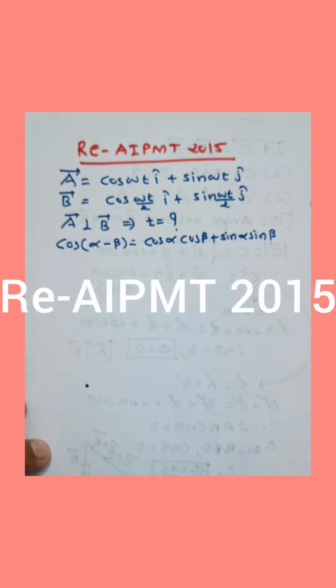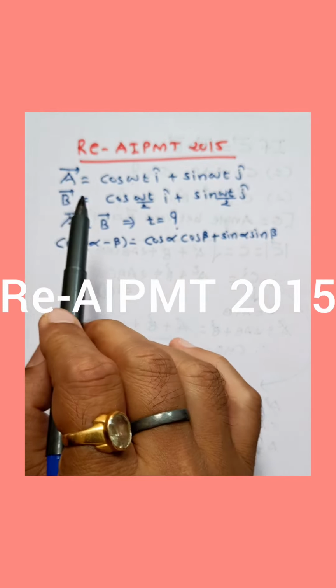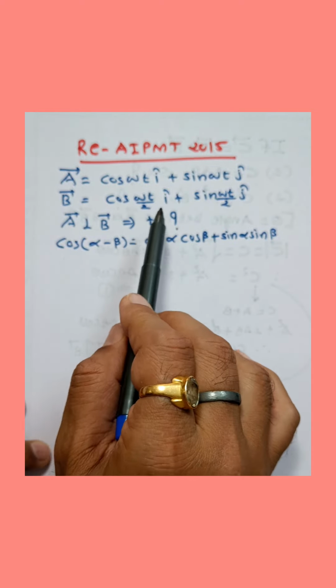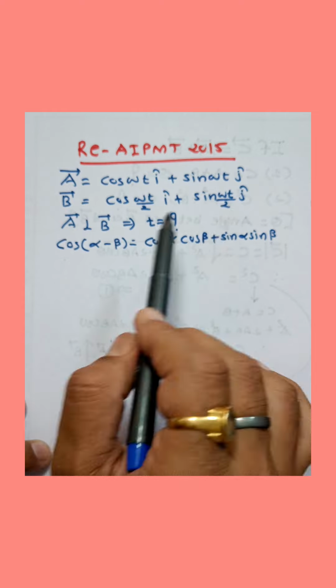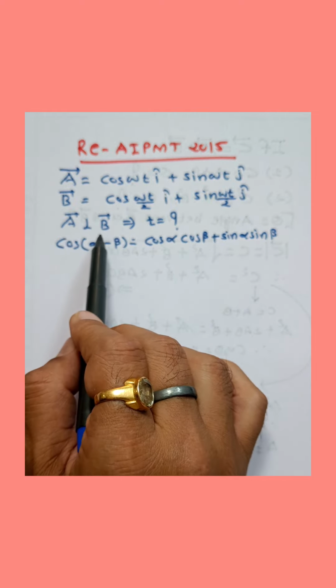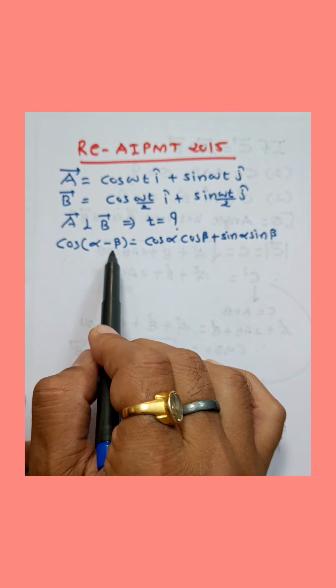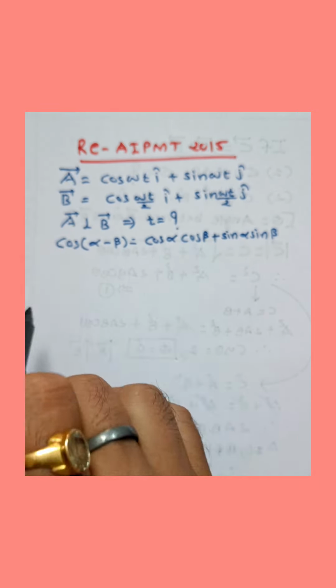AIPMT 2015 question. A vector is cos omega t i plus sin omega t j. B vector is cos omega t by 2 i caret plus sin omega t by 2 j caret. If A is perpendicular to B vector, then find out time. For that, use the equation of cos alpha minus beta, that is cos alpha cos beta plus sin alpha sin